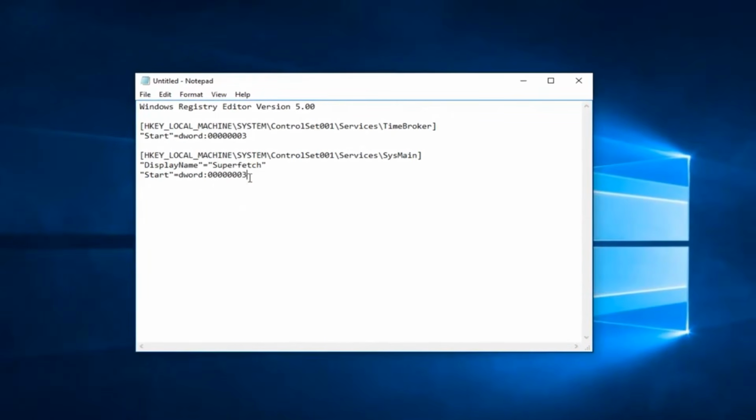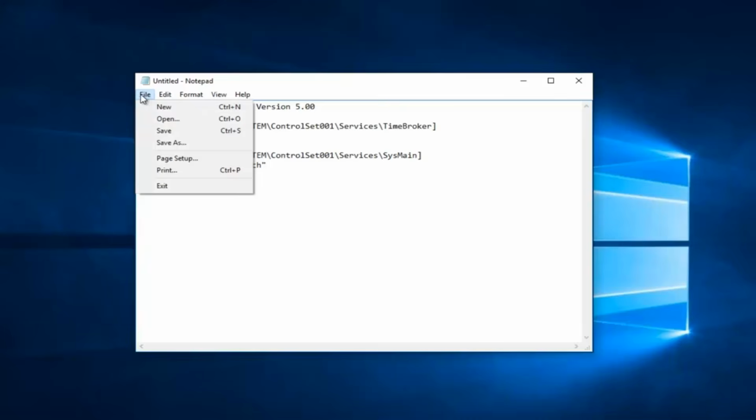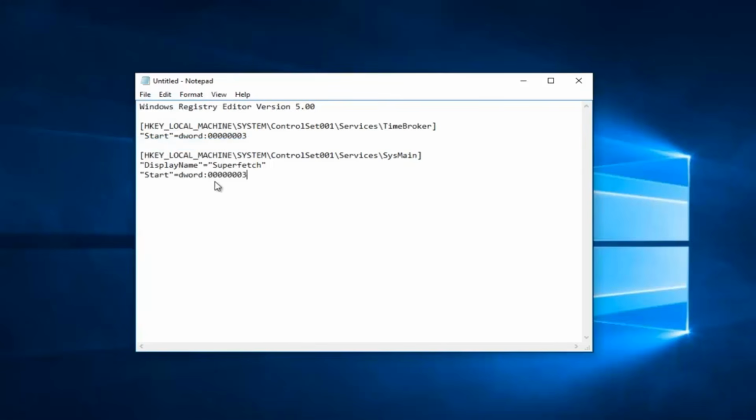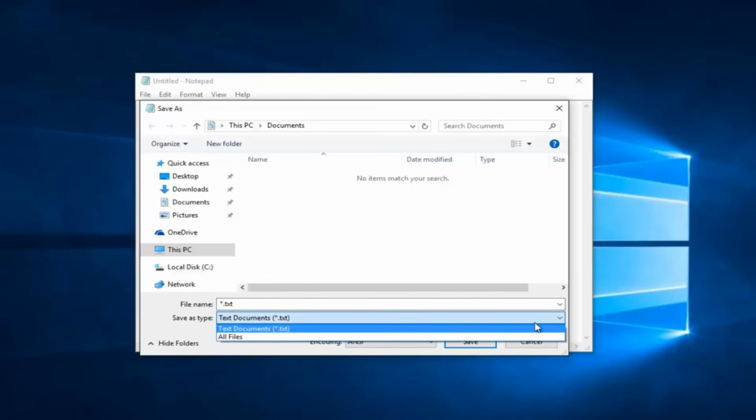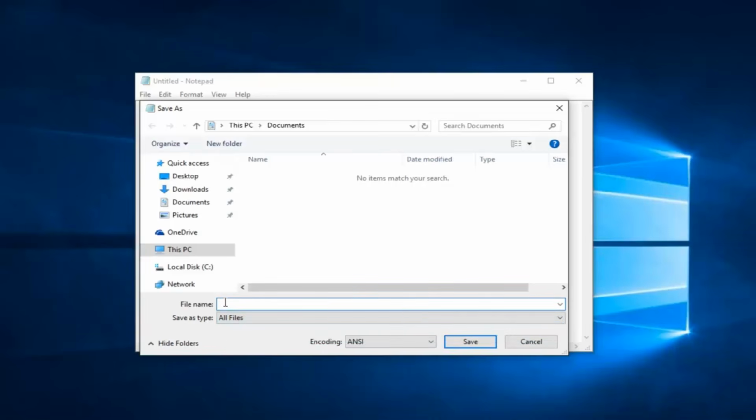And then once you've pasted this in, so right clicking and then pasting it in, or Control V to paste it, doesn't really matter. You would left click on the File tab at the top left, and then left click on Save As. Underneath Save As type, left click on this little drop down arrow, select all files, and then name this file whatever you want. Just make sure you do a .reg on the end. So for the example of this tutorial, I'm just going to say fixfile.reg,